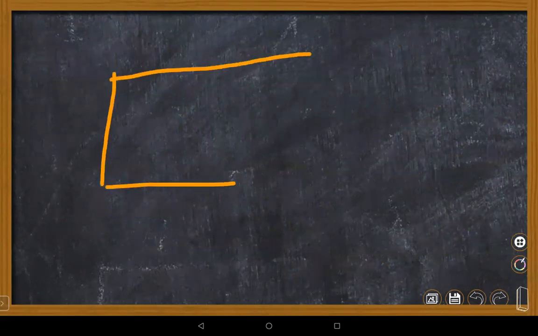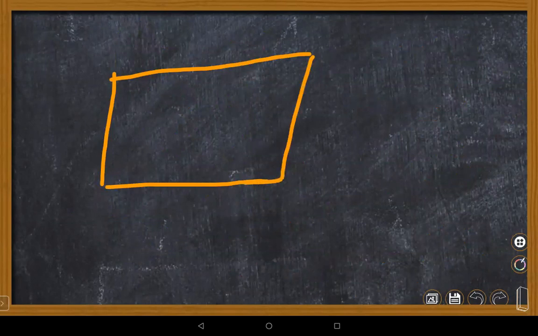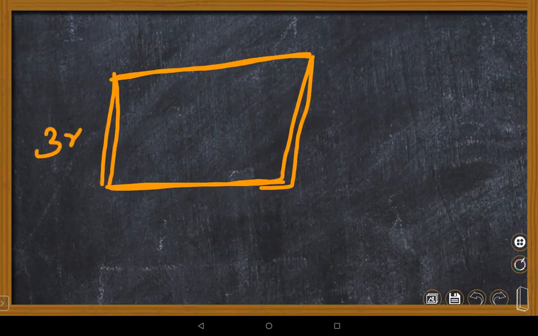This is a really wonderful question. Actually, this is also a parallelogram. In parallelograms, different varieties of questions are seen, children, based on diagonals, angles, and sides. This side is given as 3x, this is given as 18, this is given as 26, and this is given as 3y minus 1.